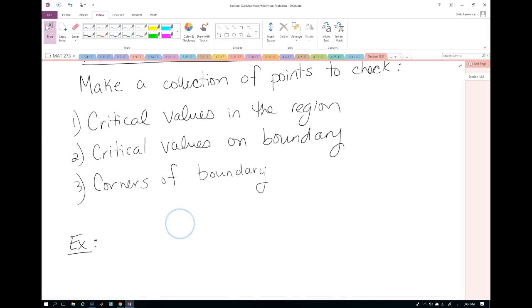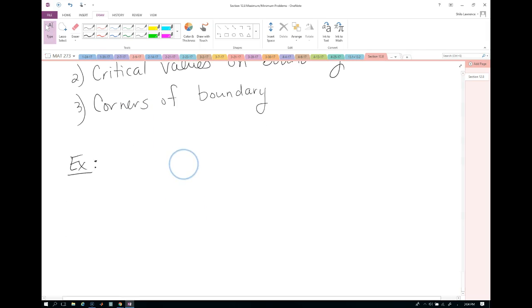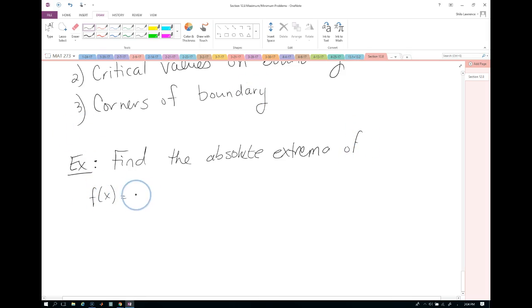So we've already talked about critical values in the region, and listing out the corners is going to be simple. What we're going to mostly focus on here is how we find critical values on the boundary. So we are going to find the absolute extrema of f of x equals 6 minus x squared minus 4y squared on the region,